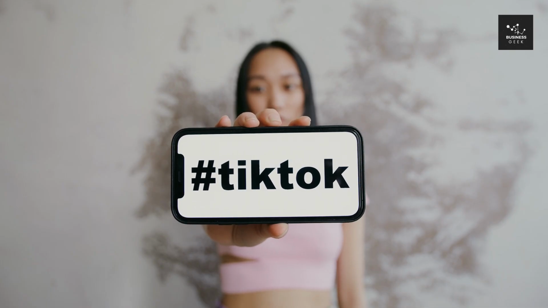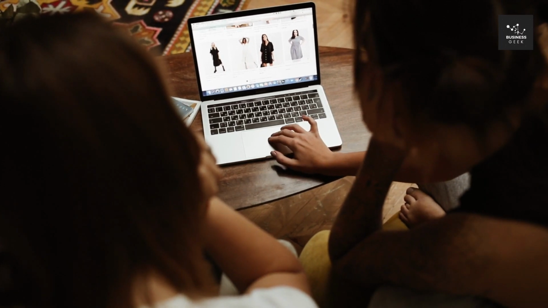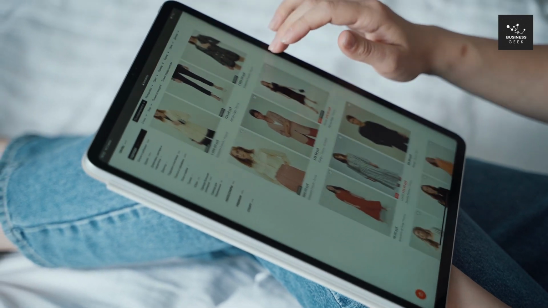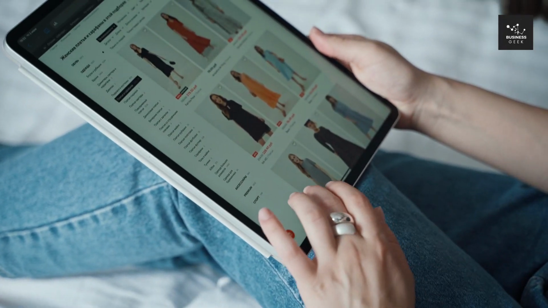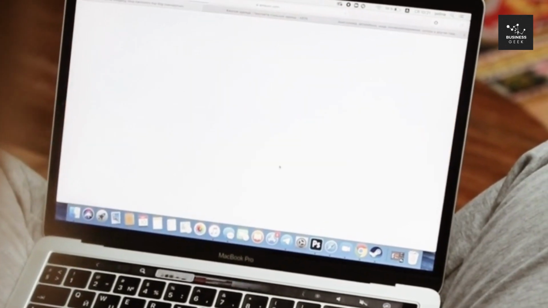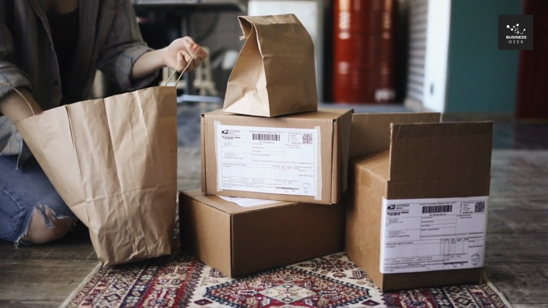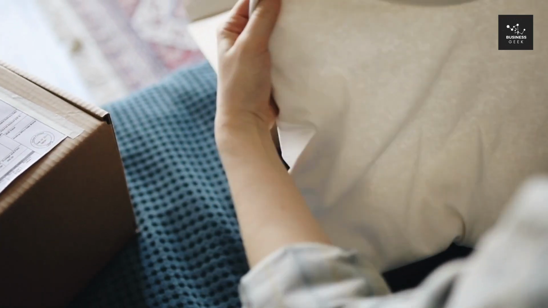If you want to launch a TikTok Shop and start selling products to the US market, but you're not based in the United States, or maybe TikTok is asking you for a US tax ID, EIN, or business registration number to get approved and sell smoothly on TikTok Shop, you'll need to form a US-based LLC even if you live outside the US. So in this video, I'll show you how to set up your TikTok Shop the right way